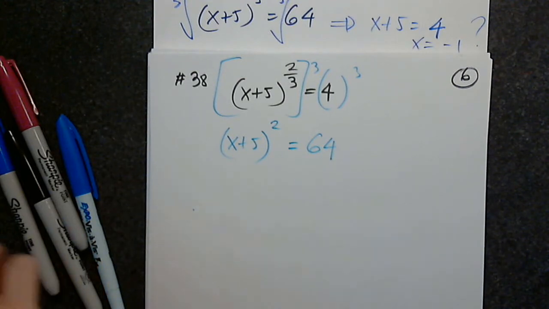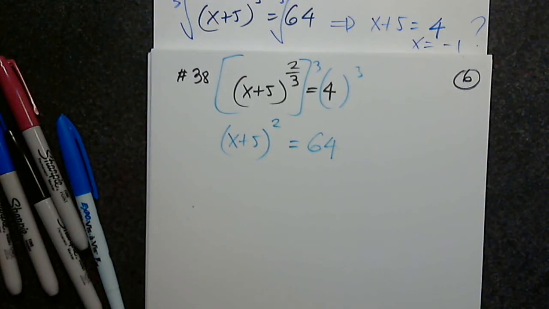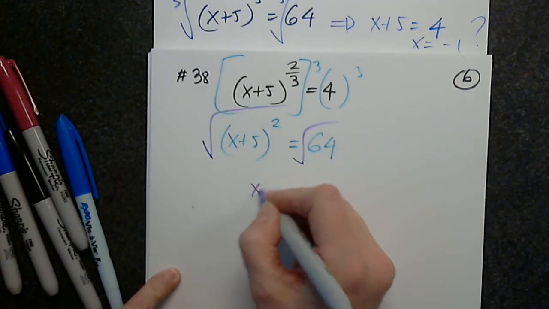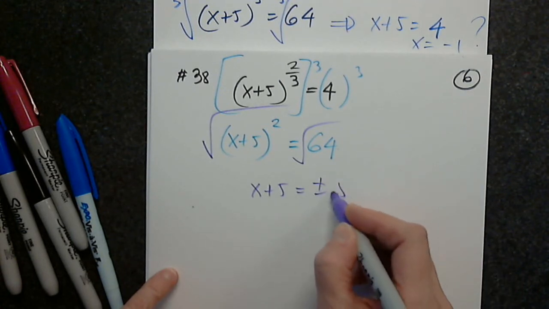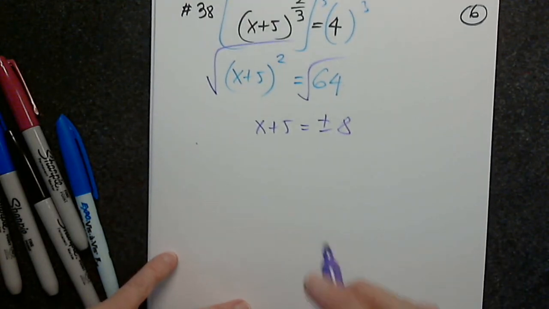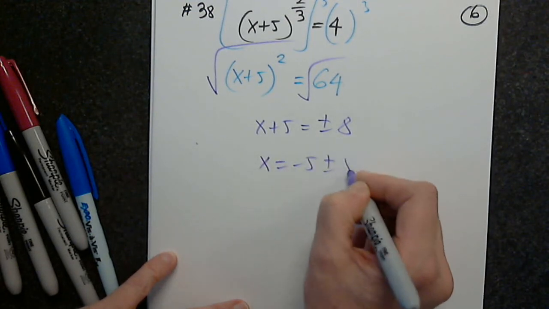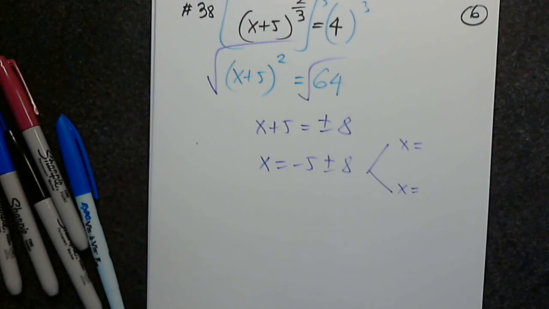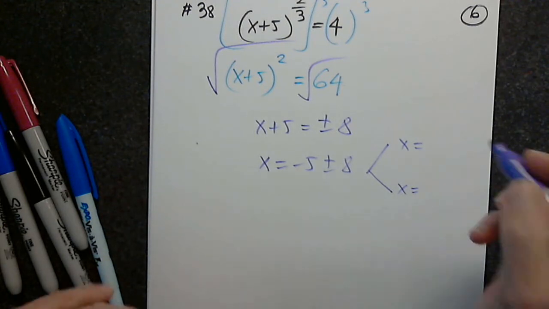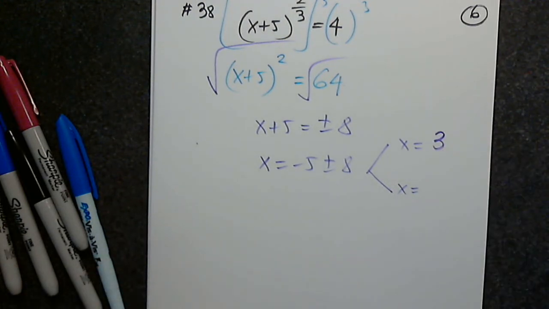How many solutions will we get? Careful. Exactly. Very good. So this is x plus 5 equals 8. Great job. And then x equals negative 5 plus or minus 8, and we have 2 options. We have to separate them because they can be simplified. And the negative 5 plus 8 will be, and the negative 5 minus 8 will be,